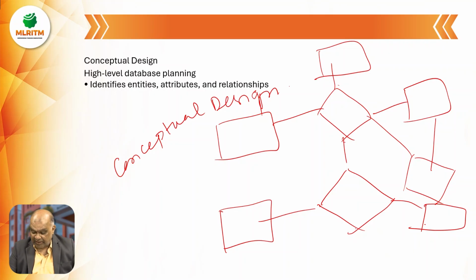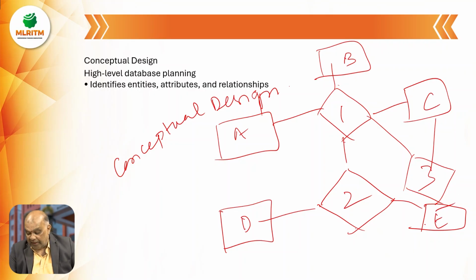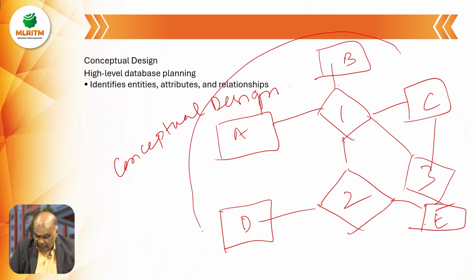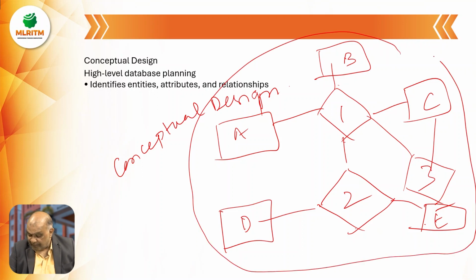If we are having multiple relationships, I will give the relationship names like this: 1, 2, 3, and entities A, B, C, D, E. So I can say that the entities A, B, C, D, and E are in relationship with 1, 2, and 3. If I round this off like this, that means all are in relation. So with multiple relationships, star to star, we can say it is a many to many relationship. And if I specify like this,